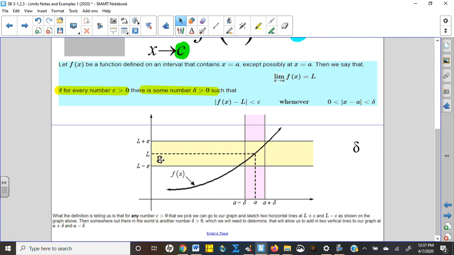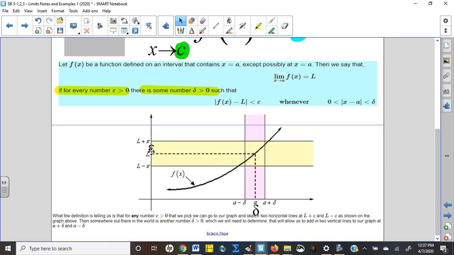You can either add or subtract an epsilon. Your delta is a change in x values. You can either add or subtract delta from your a. So what we're basically saying is that no matter what epsilon we pick, you get to pick any epsilon you want,